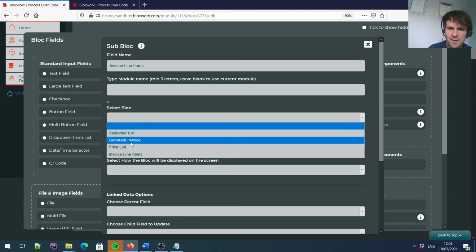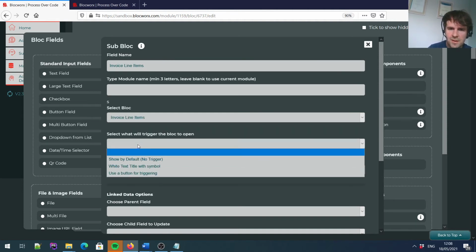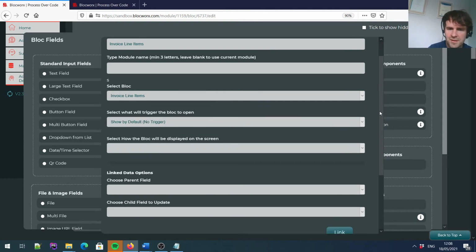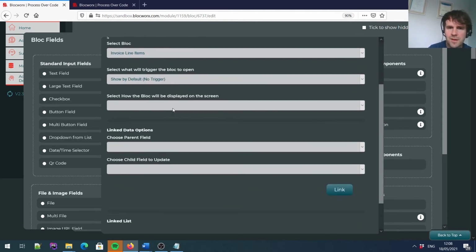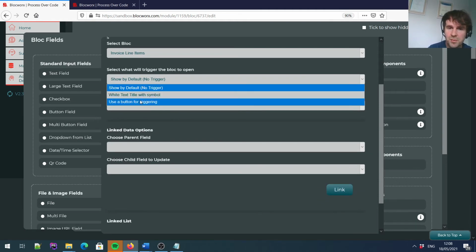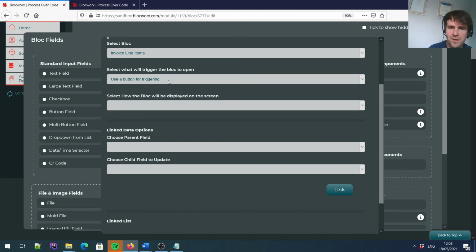Select the block we want, which is invoice line items. Select how the block will show, so show by default, so we'll just have it appearing on the screen. Select that there isn't a button required to open it. We'll change it, we'll use a button for triggering. Select how the block will be displayed on the screen. We'll say embed, so it's just going to sit inside the block as opposed to being a pop-up or a